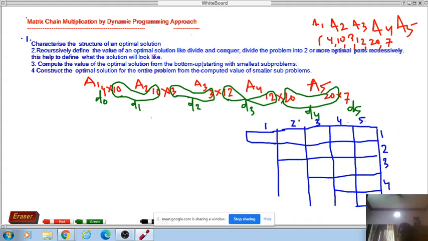So how do you represent it? You just make a table representation, because in the dynamic approach we will only store the completed values. This is a 1, 2, 3, 4, 5 table representation. You have to make a table like this. This will represent your row i, and this will represent your column j. The rest is left; when I make the algorithm and program, it will be understood.